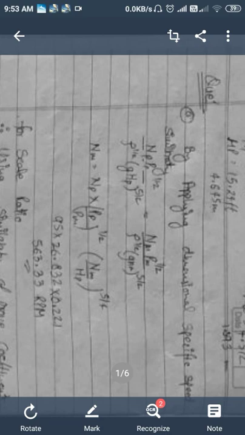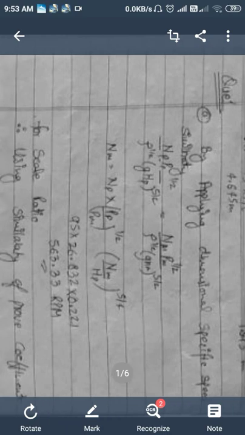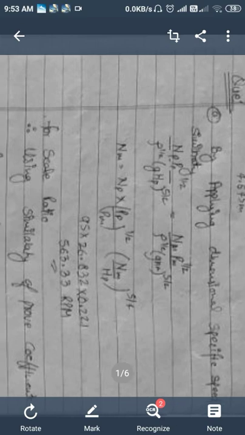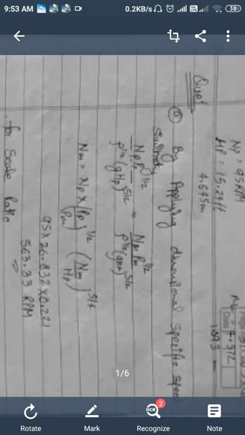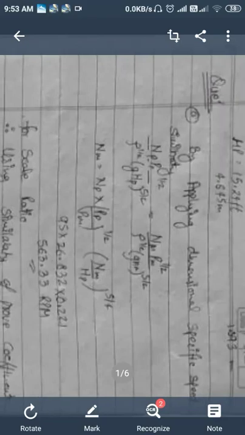For the model, power is 37.28 kilowatt, and the head is 1.393 meter. By applying the dimensional speed similarity,